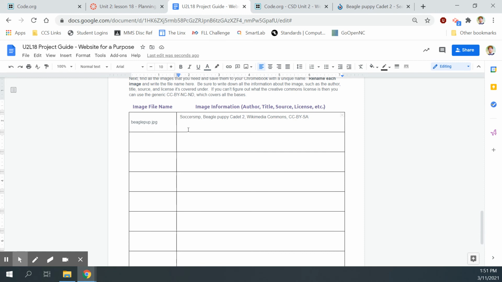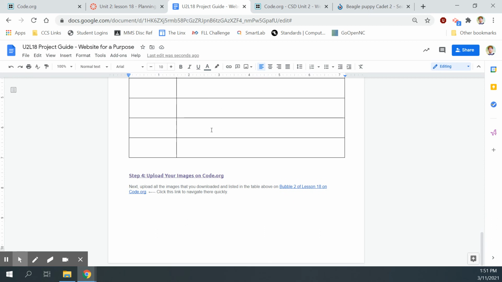So every picture that you find and download, make sure you give me this information. If you can't find all that information, you can fall back on this Creative Commons licensing agreement. Okay, so now